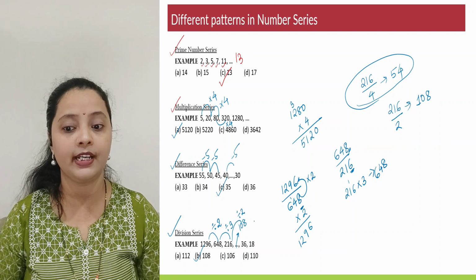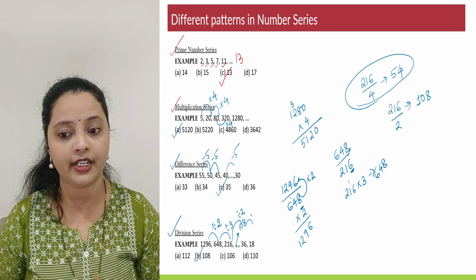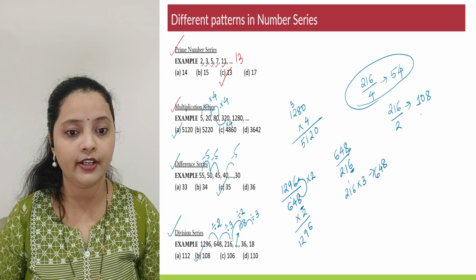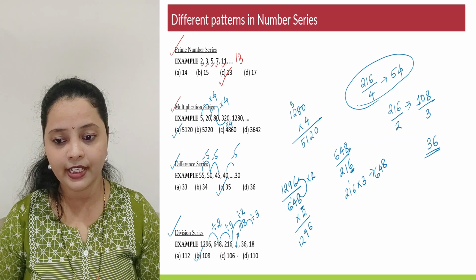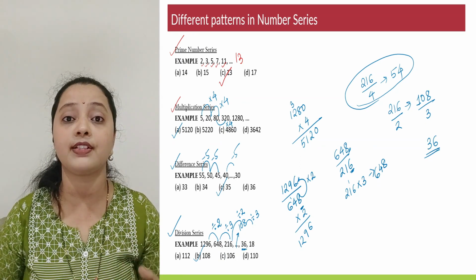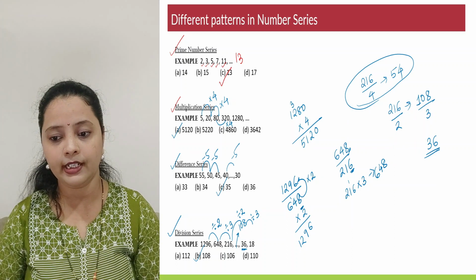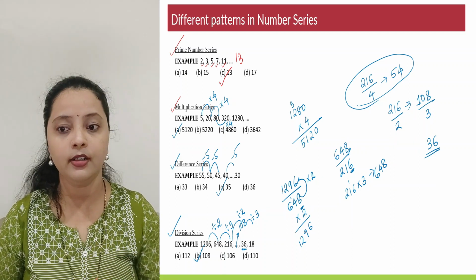So the next number that I get should be 108 divided by 3. So 108 if I divide it by 3, 3 3s are 9 and 3 6s are 18. Do you have the next number to be 36? Yes. So obviously what I am thinking is correct. So our correct answer is option B. Idea clear? These are 4.